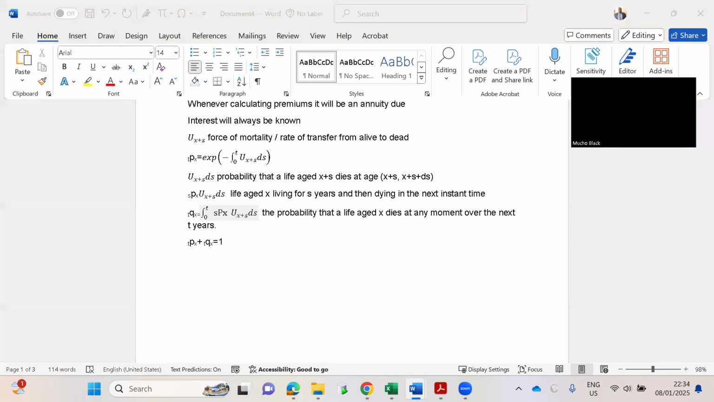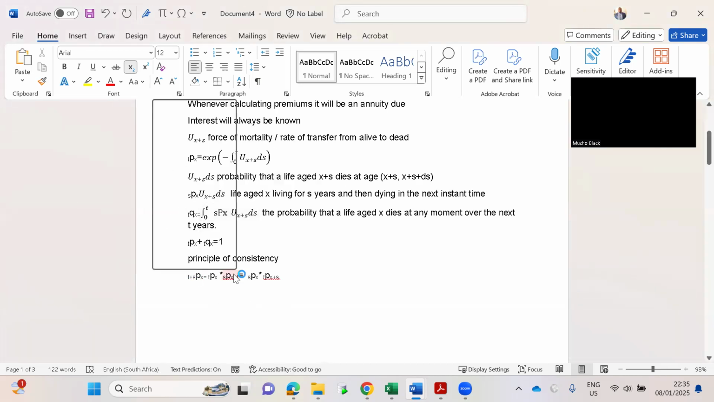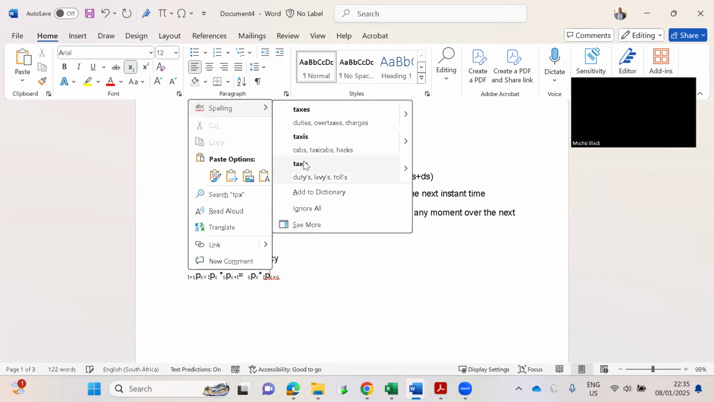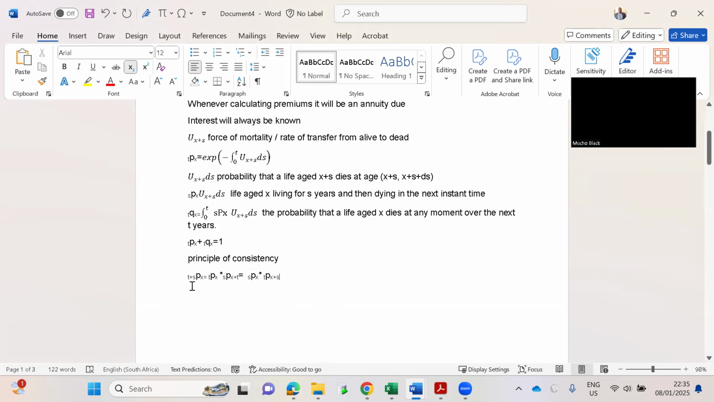The next important formula is something called the principle of consistency, which basically states that if I'm alive now, it just says tPx, the probability of